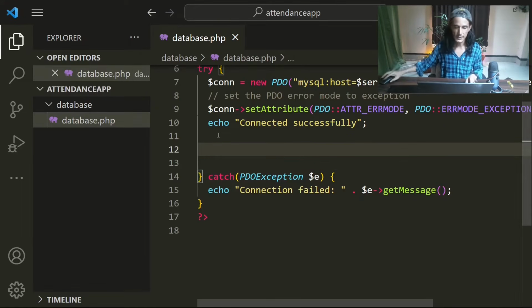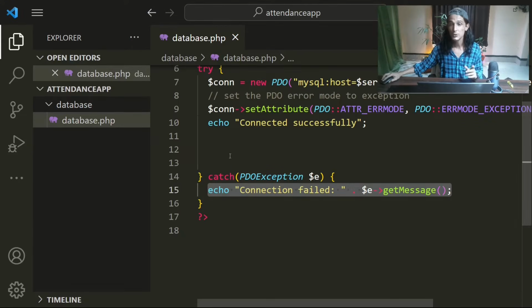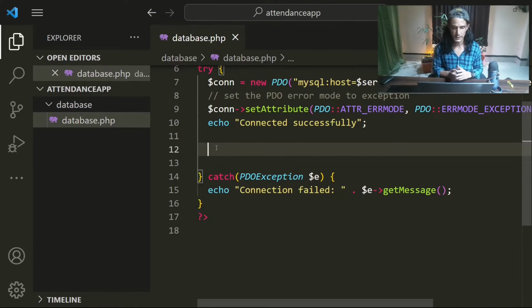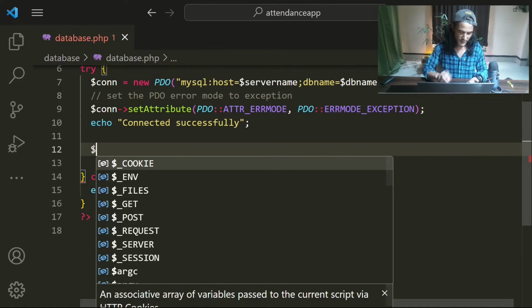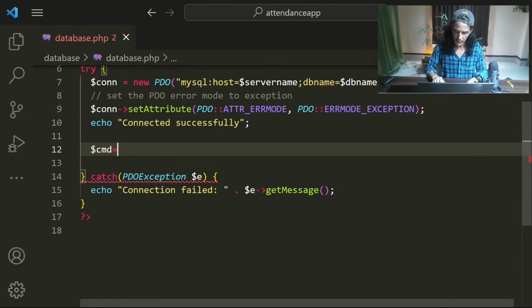Now we know that if we're seeing this message, it means the connection is successful. But if the connection is not successful, we'll not do anything. So we'll be writing the code here. The next thing is that you want to execute a command. So first you'll write the command. Say, for example, command is equal to I want to create a table. I'm writing it within these double quotations: create table, say table 2,